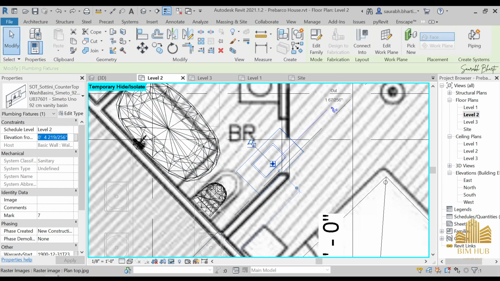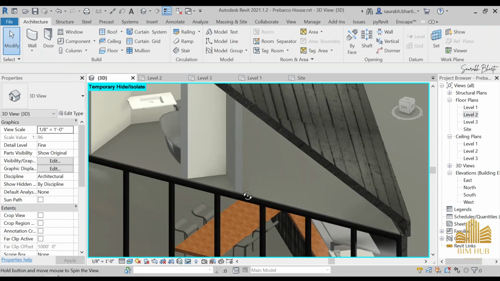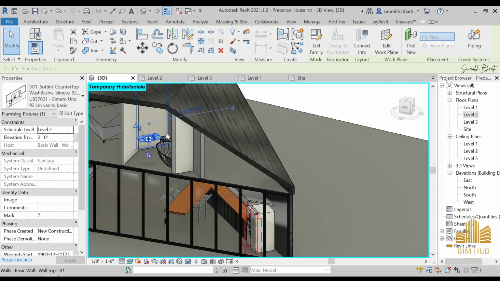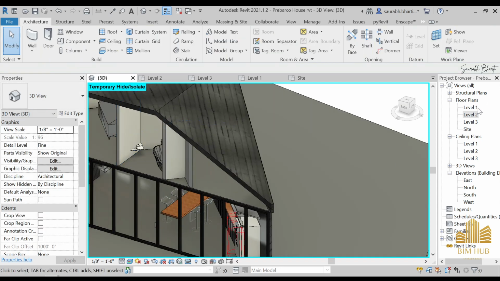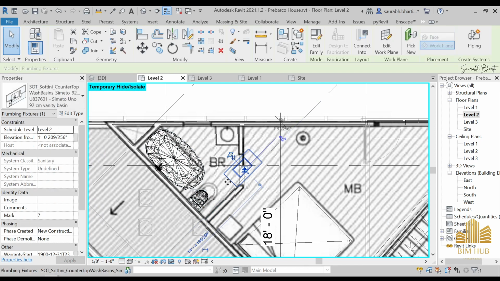I will give it an elevation of 2 feet, and now it is at 2 feet, and then just move it a little bit like this, and then go to 3D, and now as you can see that we have it over here, but we don't want it at that point, we wanted something at this point. So just go to level 2 once again, and as you can see it is